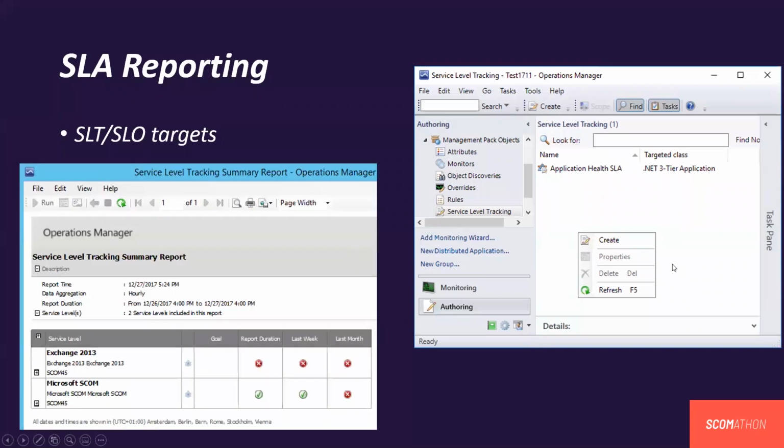For instance, I just selected 2 distributed applications that I had running here. One was for Exchange 2013 and the other one was for Microsoft SCOM. And I set my SLA targets right in here in the wizard. So you could say, hey, I think 95% is acceptable or 90%. And when you run this default report, which is called the service level tracking summary report, you will see for